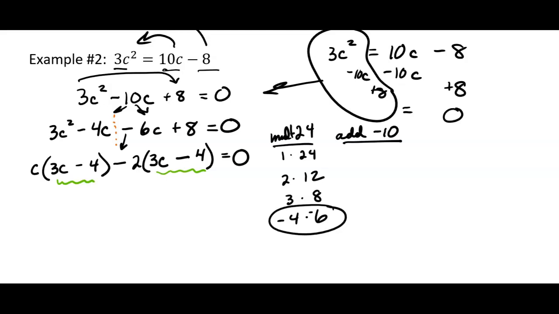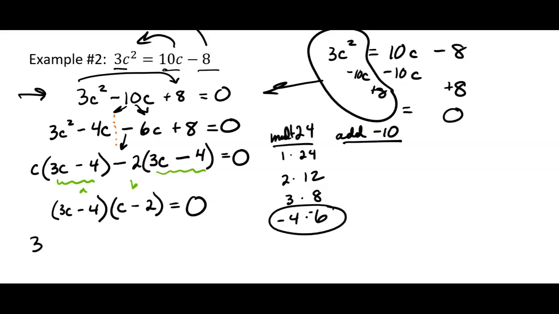And so the whole polynomial factors into one factor of 3c minus 4, and the other factor is going to be c minus 2. So we took those 3 terms that were being added and subtracted up here at the beginning, and now we've changed it into a multiplication thing. We've factored the polynomial, and so I have stuff times stuff. So now I have like A here and B here, and I can use that zero product property, the old ZPP.